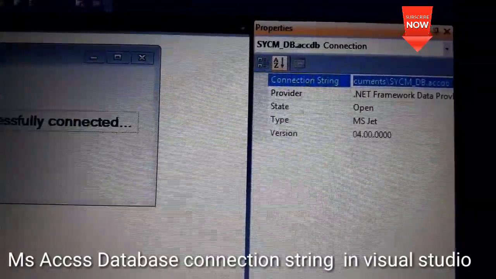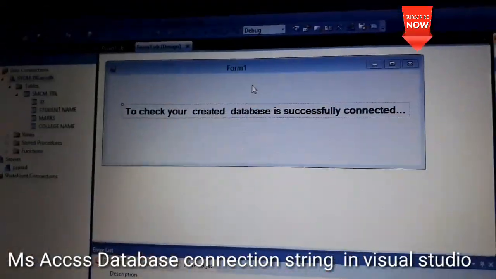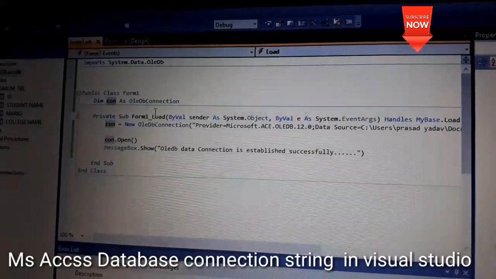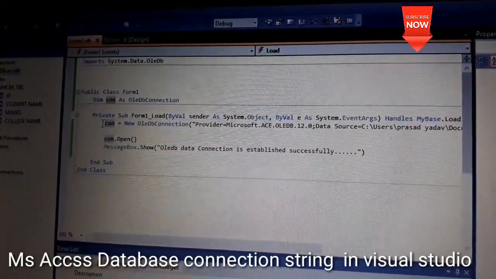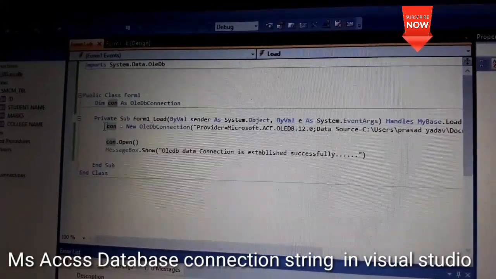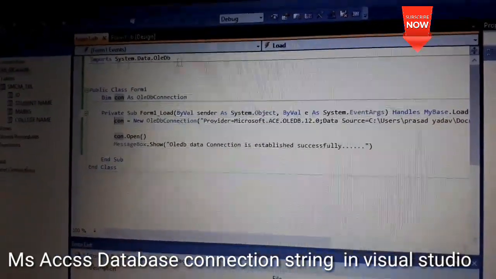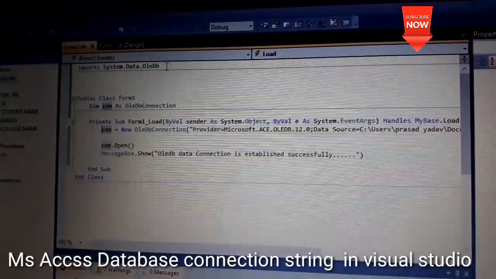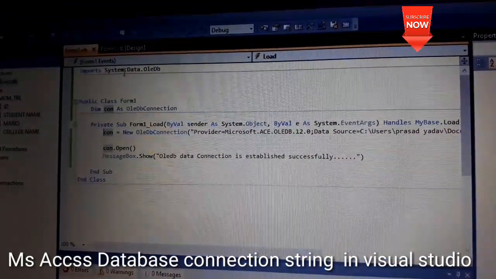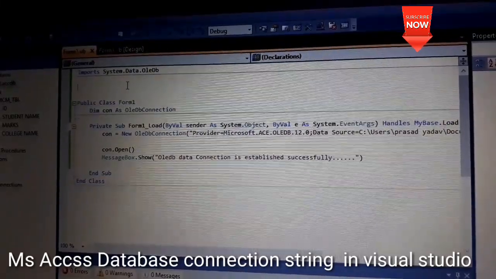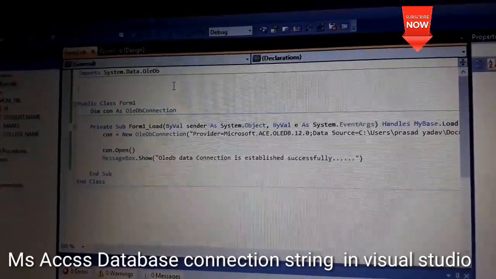Just double click on your form. So the Form Load method is created. See here, I have included the OleDb import, that is Imports System.Data.OleDb. This is the declaration for the OleDb database.